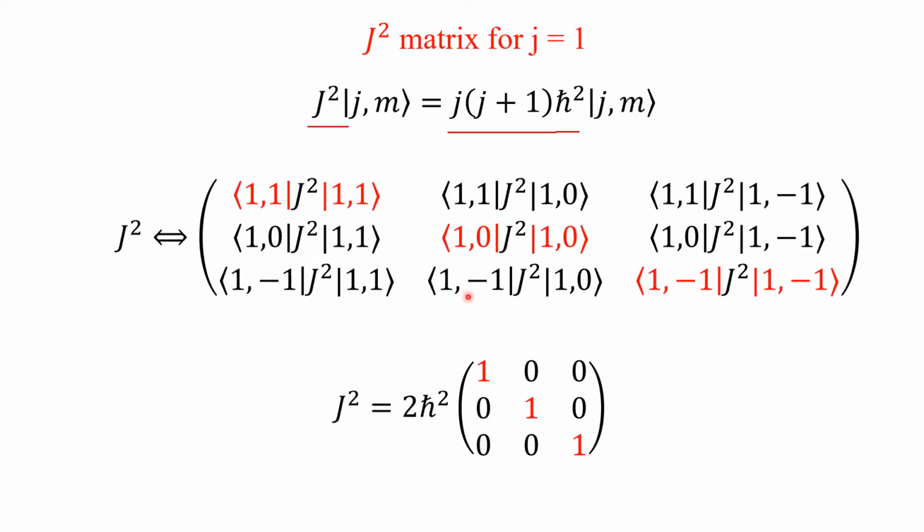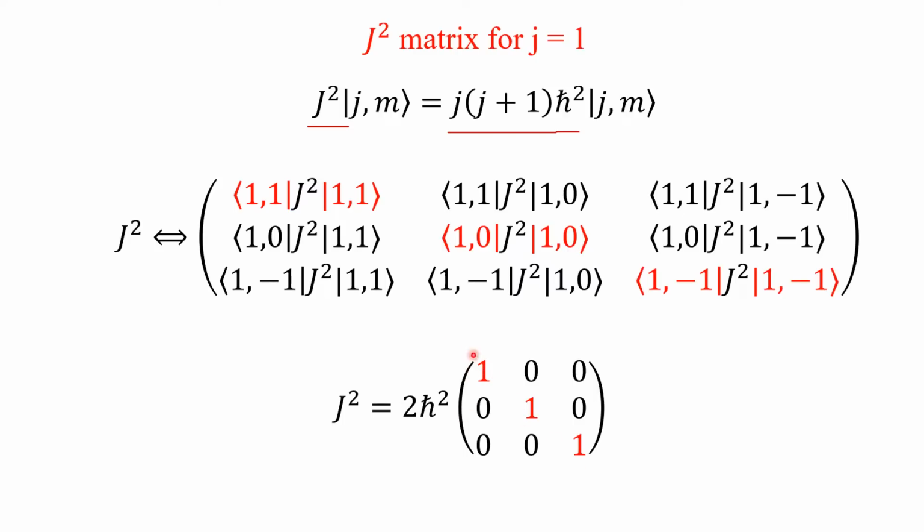Here also, similarly, here also. So only the diagonal element exists. So when j equal to 1, 1 into 1 plus 1, 2. So this will become 2ℏ squared. I have taken out the eigenvalue of 2ℏ squared outside. So only the diagonal element exists. So this will be 1. So J squared is equal to 2ℏ squared